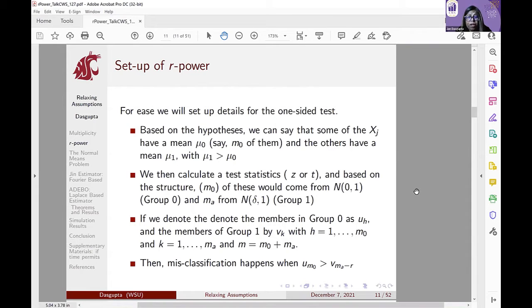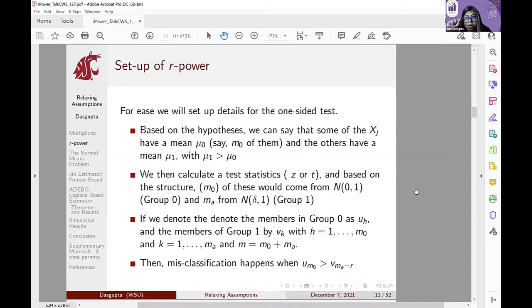Okay. So one of the things we are looking at is, we have the hypotheses, say 1,000 hypotheses, out of which we know 100 of them came from the alternative, and 900 of them came from the null. Most of the time this is the type of scenario, because when you're doing this large scale testing, most of them have no signal. Very few of them have signal. So I'm just coming up with 900 having no signal. So what is R power?